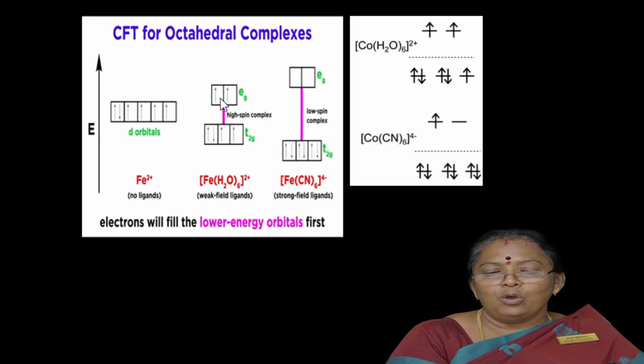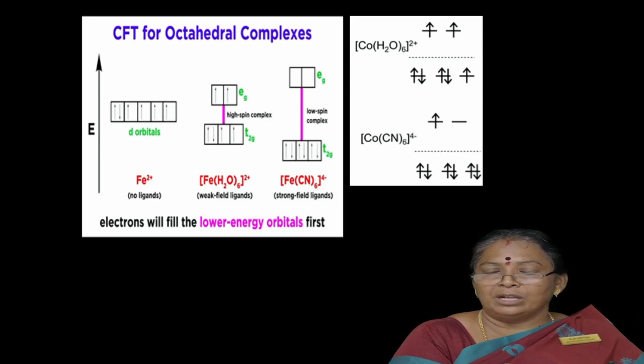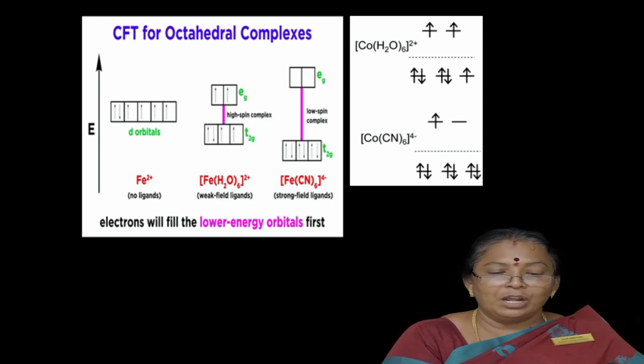Here there is no formation of a magnetic field because all the electrons are paired, plus half and minus half are equal to 0. That means all the magnetic behavior of the electrons is neutralized within themselves. So there is no possibility of magnetic behavior for these strong field ligands. Then